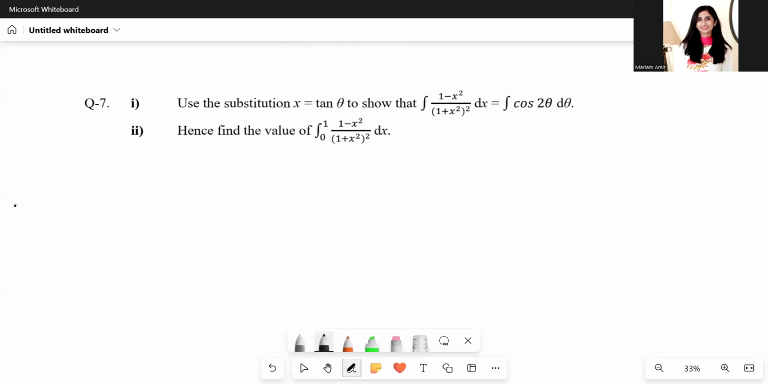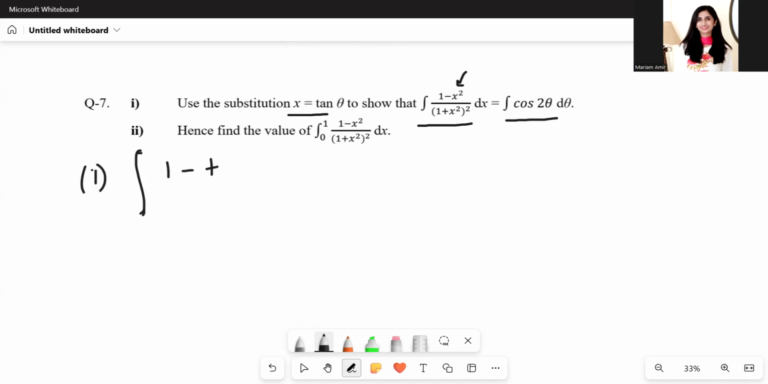Question number 7. Use the substitution x equals tan theta to show that this integral is equal to this integral. Okay, so let's start. Let's replace the x here with tan theta first. So integration of